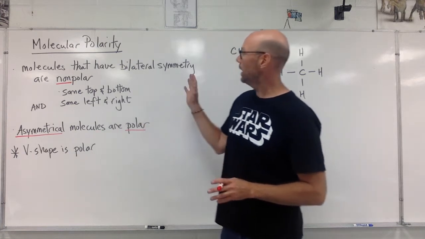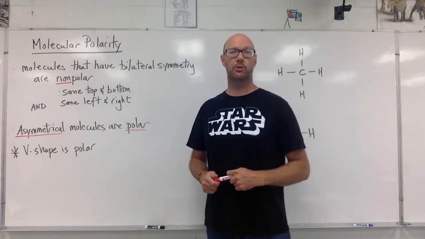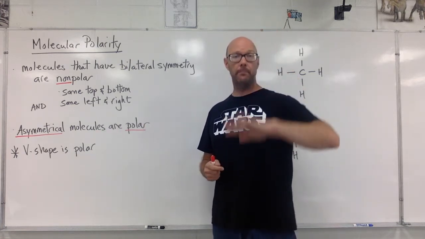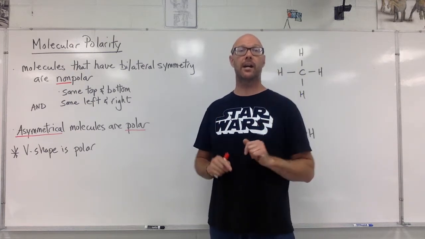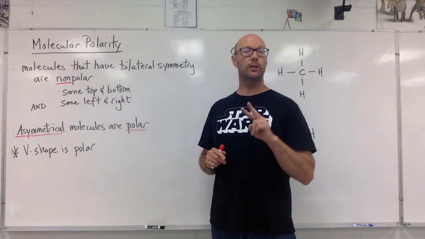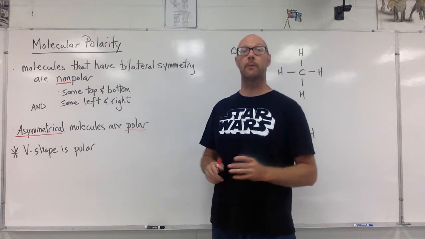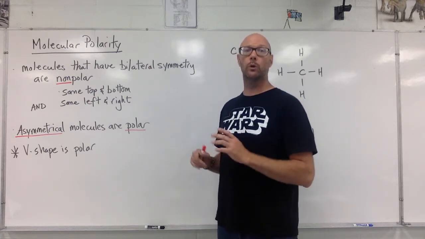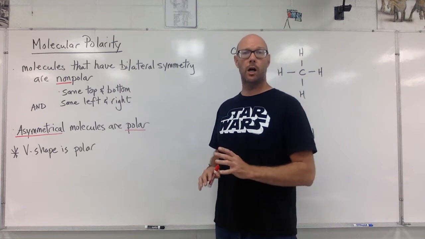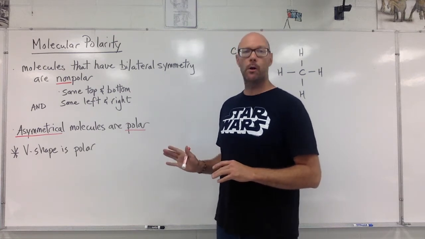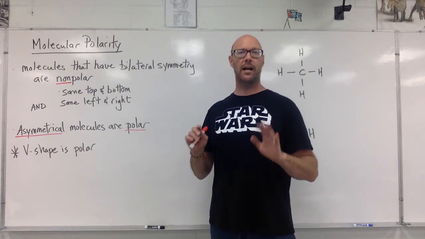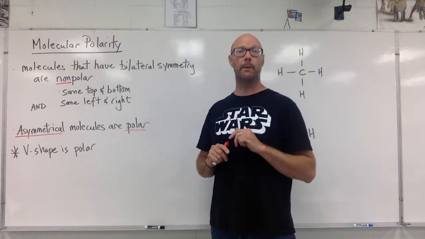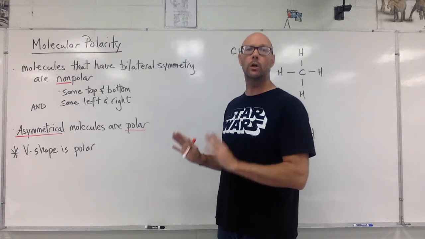If the molecule has bilateral symmetry, that means the top and bottom are the same, and at the same time, the left and right hand sides are the same. If it's symmetrical in those two different ways at the same time, we have a non-polar molecule. In contrast, an asymmetrical molecule is polar. If there's a difference between the two sides or a difference between the top and bottom, we have a polar